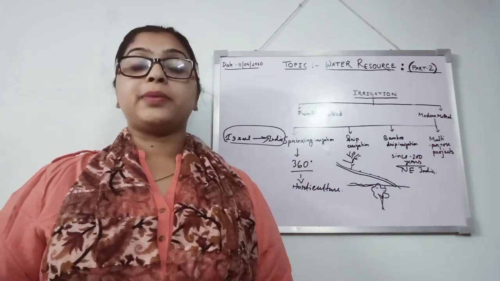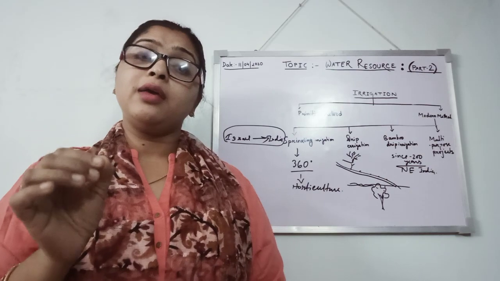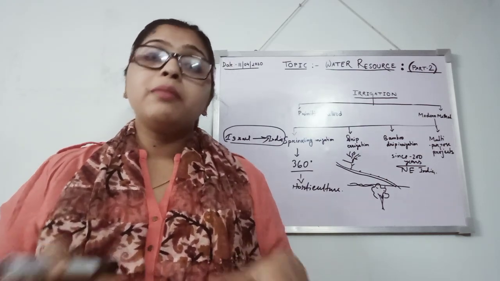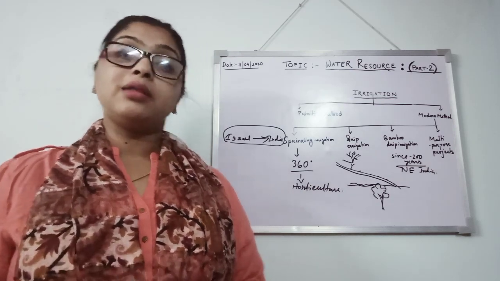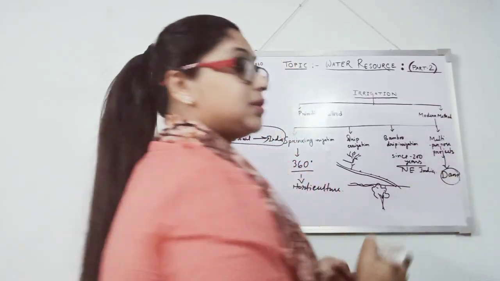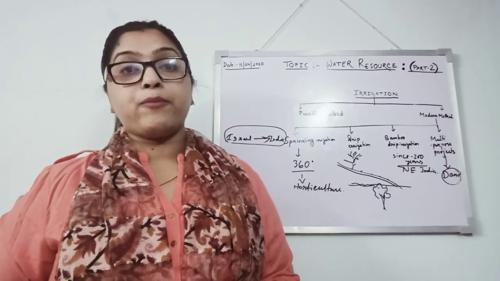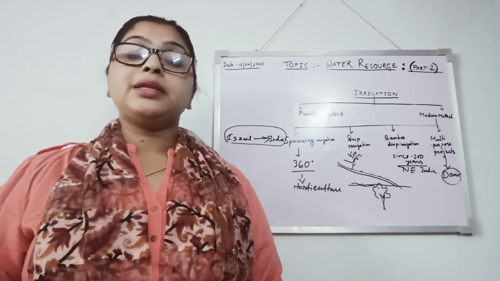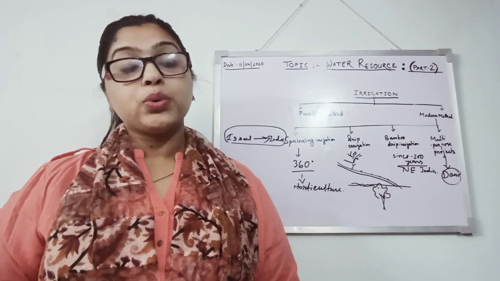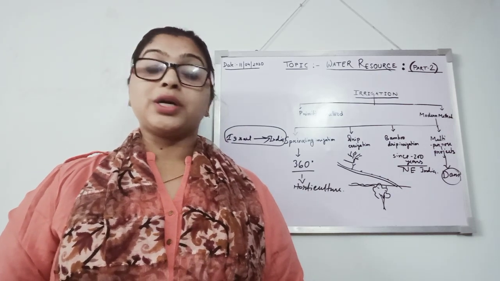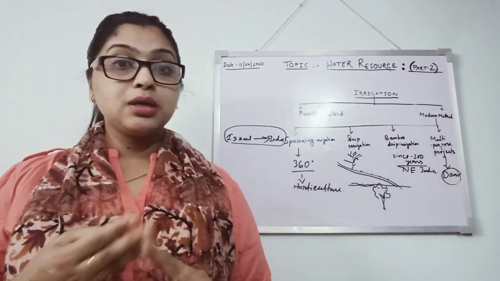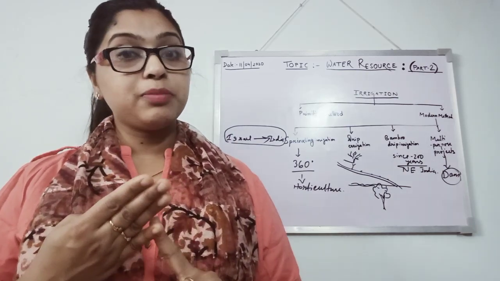Next are multi-purpose projects. What is multi-purpose? First I have to say these are projects constructed or set up for different purposes. They have another name, which is dam. So first I will tell the definition of a dam. A dam is an embankment constructed over a flowing river to store rainwater, to control floods, to irrigate agricultural fields,